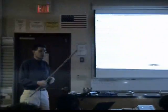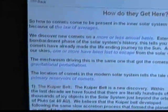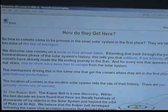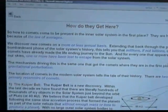And that's the reservoir from which we are getting all of the comets that we see today. Random interactions in the outer solar system. Now, there are people who talk about other things like nearby passes of stars, or some object that we can't see, a dim star or something, passing through this cloud of material that exists around our solar system and throwing in showers of comets. But we've never seen any evidence that that